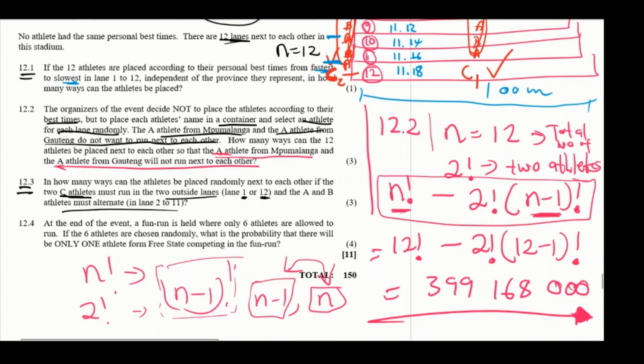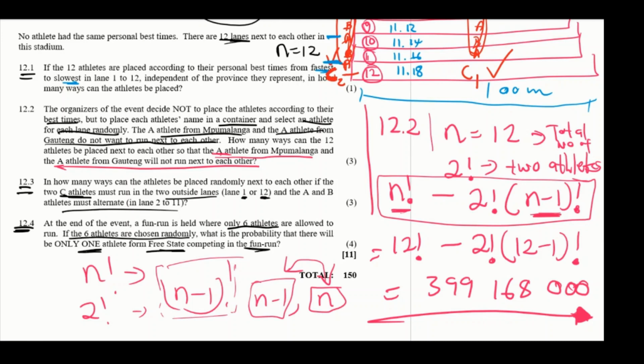So now 12.4. At the end of the event, a fun run is held where only 6 athletes are allowed to run if the 6 athletes are chosen randomly. Remember that we have athletes A, B, and C, and there are a total of 12 athletes, but for this fun run, we only need 6 athletes. It can be A, B, or C. We don't really know. What is the probability that there will be only 1 athlete from Free State competing in